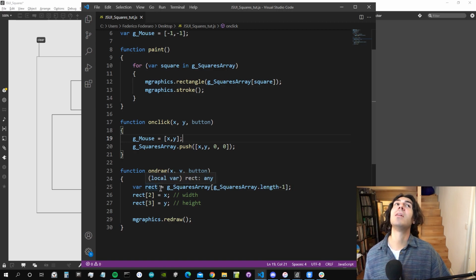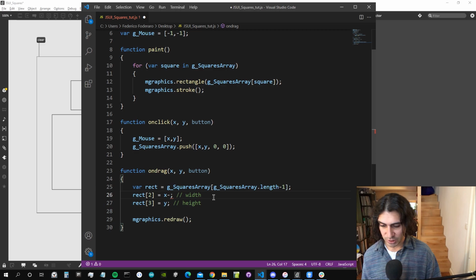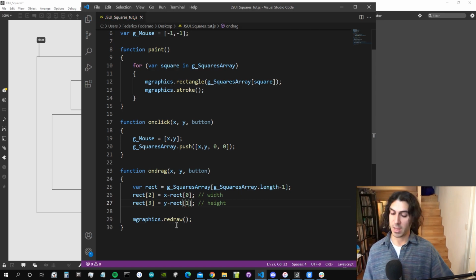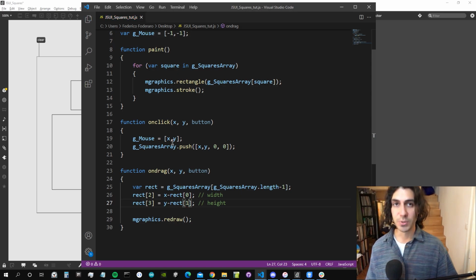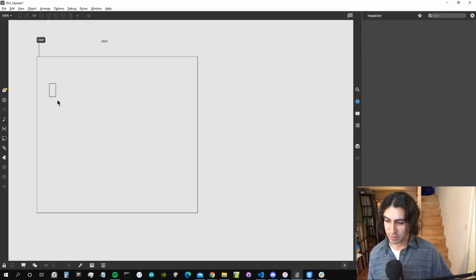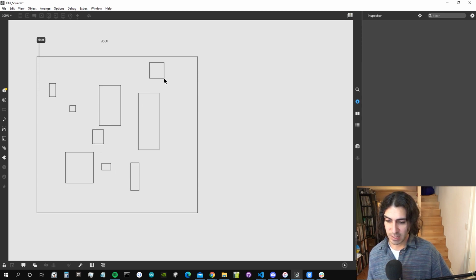Oh, of course, that's not the width. Indeed, the width is going to be X minus our X position, right? And this is going to be Y minus our Y position, initial Y position. That's how we find the width and the height. This sounds much better, and in fact, now it's indeed working, and now we can draw a bunch of rectangles inside our JSUI